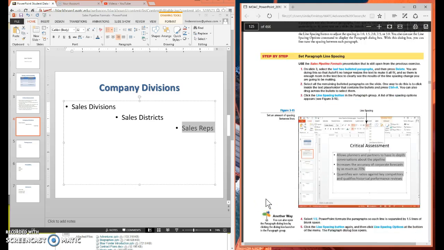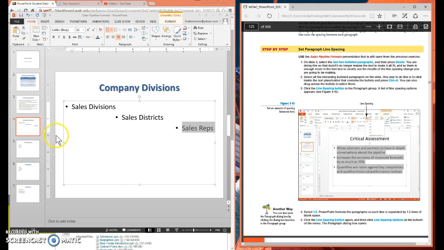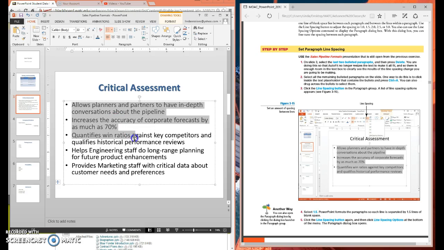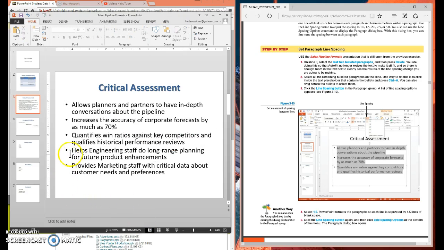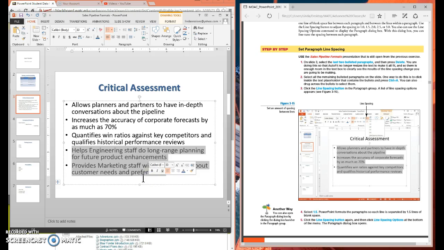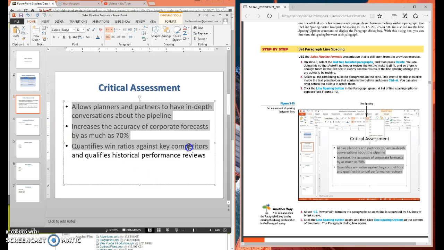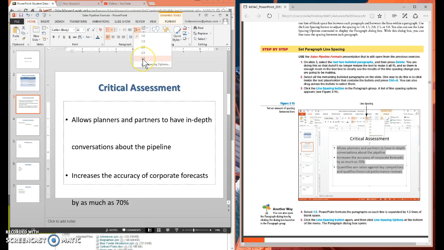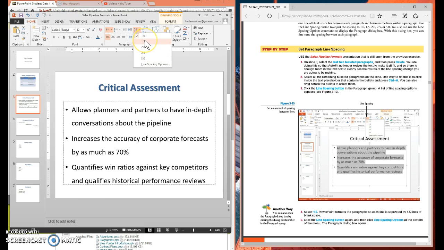Okay. Line spacing also works the same way. We're going to come back here to slide 3, and we're going to delete these last two. So I'm just going to highlight it and delete, and then we're going to select all the others. And right here in our paragraph group, we've got our line spacing. You can see we can set it to 1, or here's 1.5, or here's even 3. So what we want to do is select 1.5